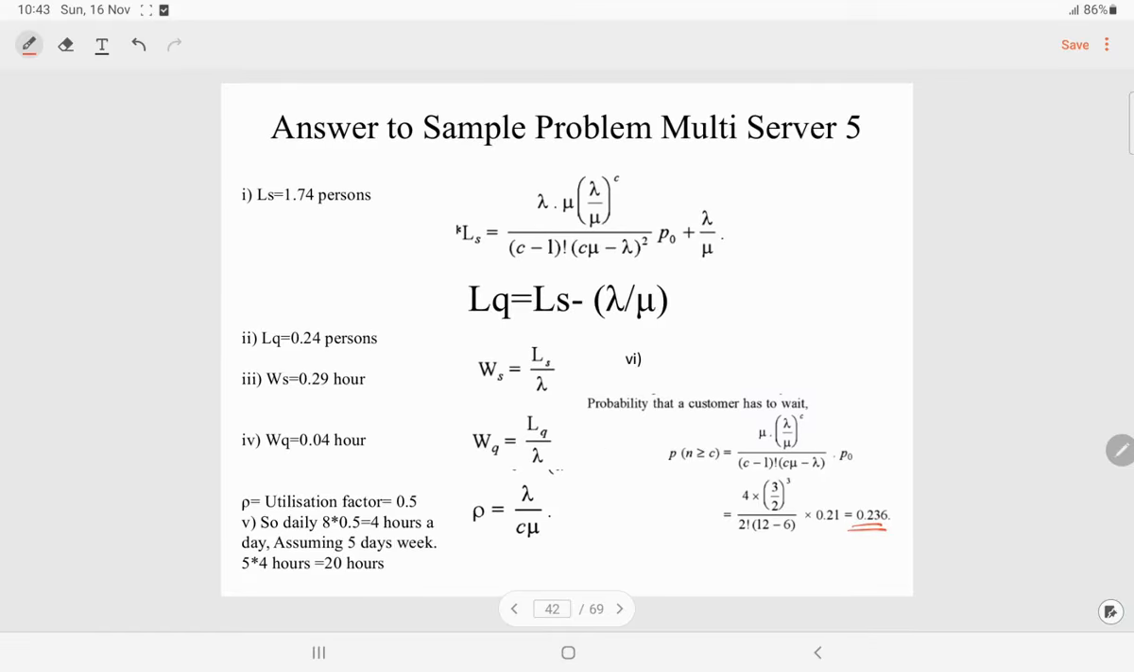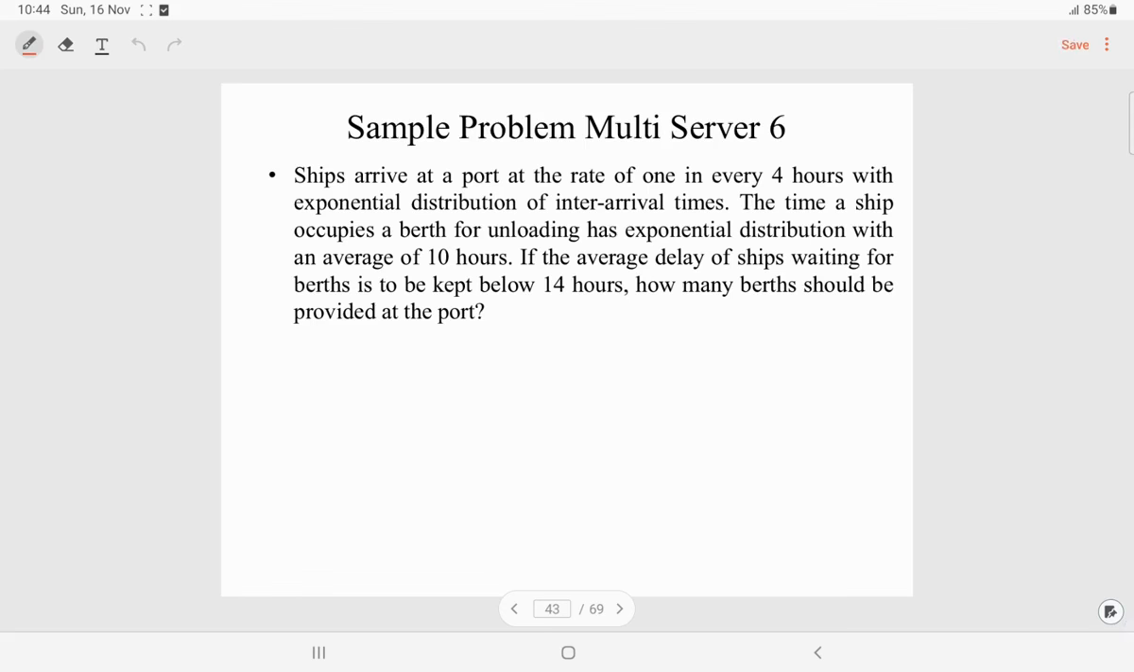So here the question was very direct. From that we find out lambda, then mu, then we find out P0, then determine all the parameters like LS, LQ, WS, WQ and so on. So it's a direct question. We need to know how to substitute these values in the equations and solve. So practice that. Okay. So moving on to another problem, that is: ships arrive at the port at a rate